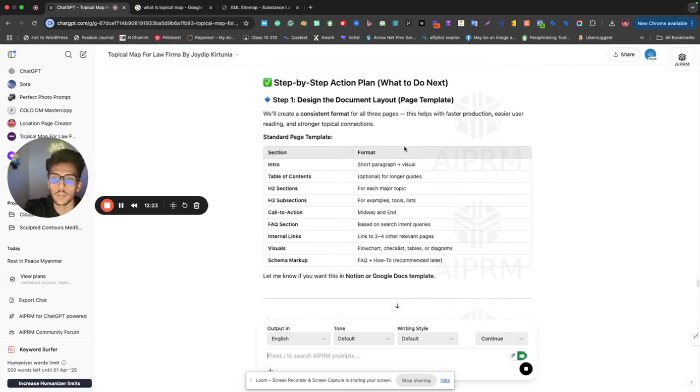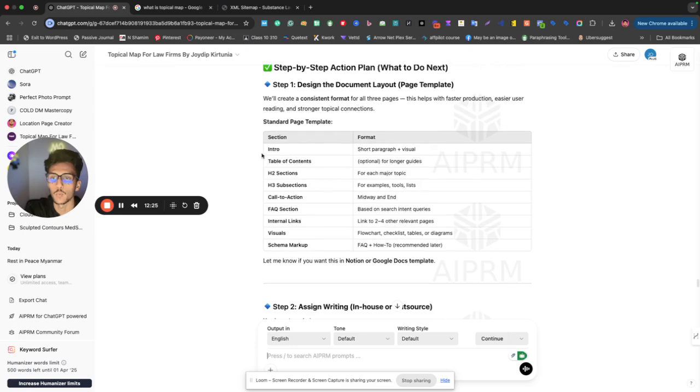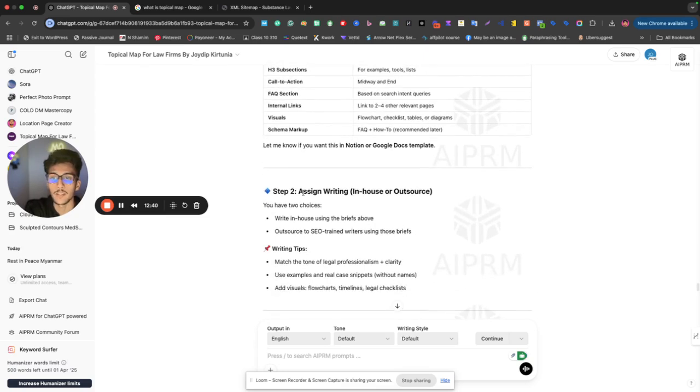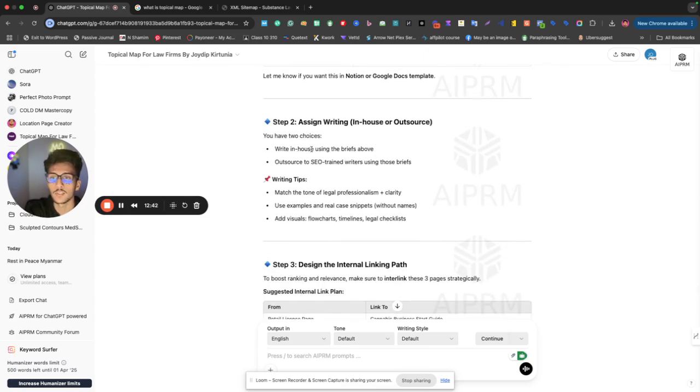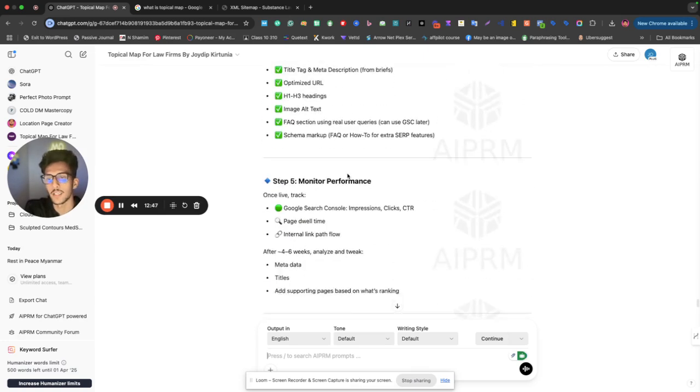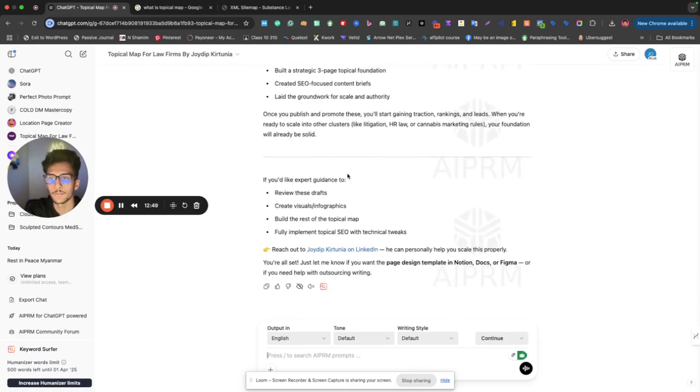Design the document layout. Now it's creating a page template, which you can give to your writer, showing how you should create your page or page content format. And if you want, it will make that a Notion or Google Doc template in a click. Then you have 2 choices: write in-house or regular, writing tips, everything it is giving to you. Monitor performance, final thoughts. Okay, yes, I want